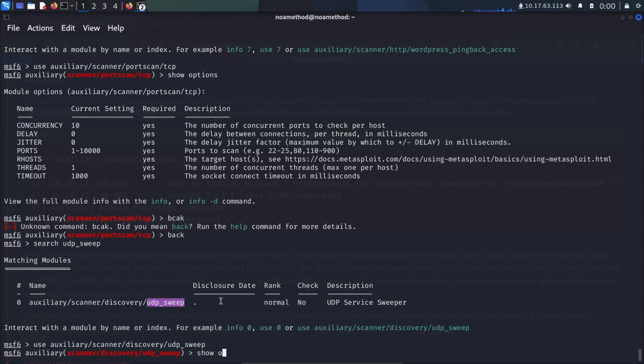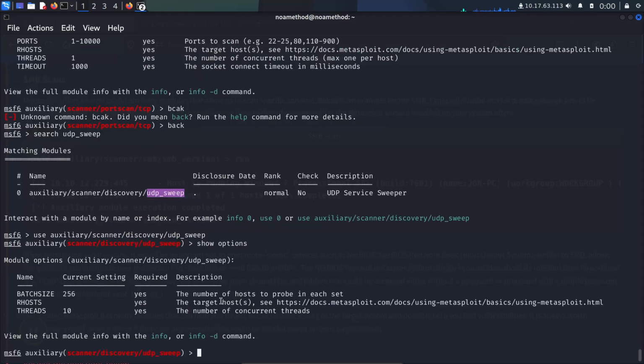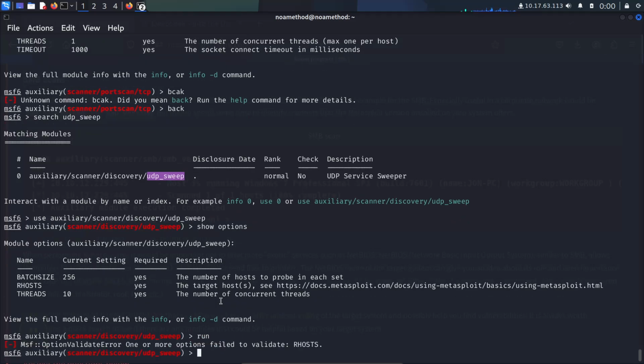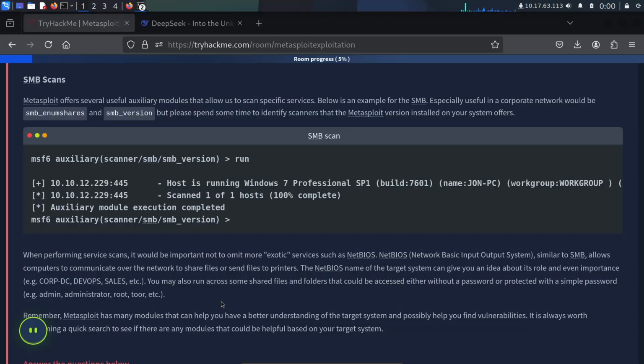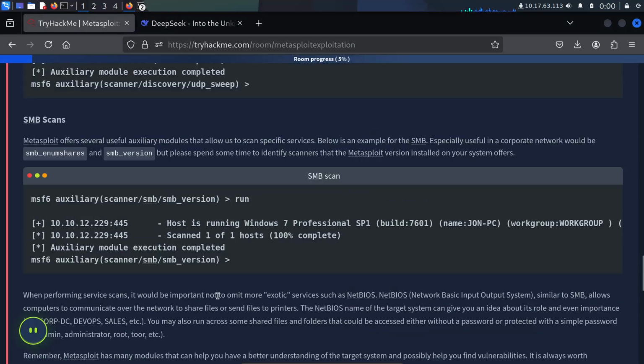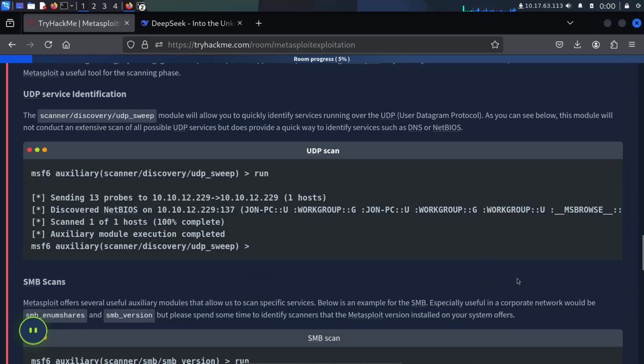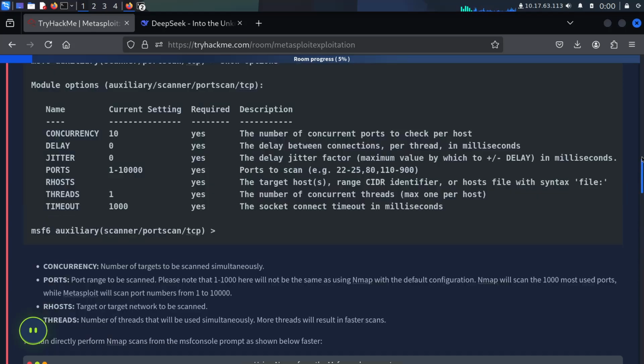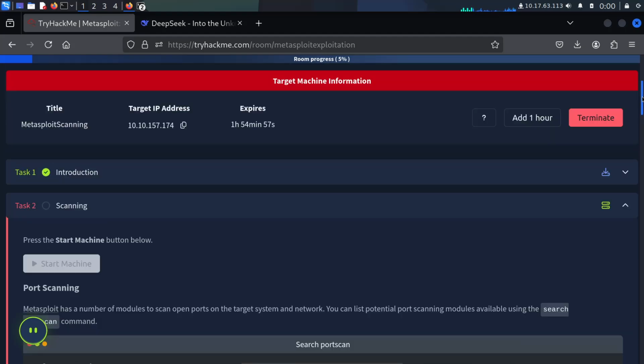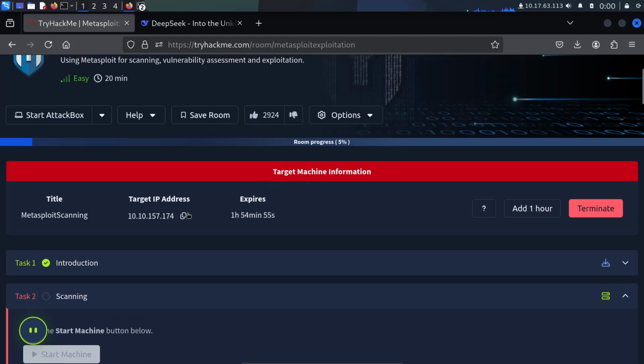I want to check the options first. Can we run this? Let's try. Option validator: one or more options failed to validate, RHOSTS. The RHOSTS is missing.